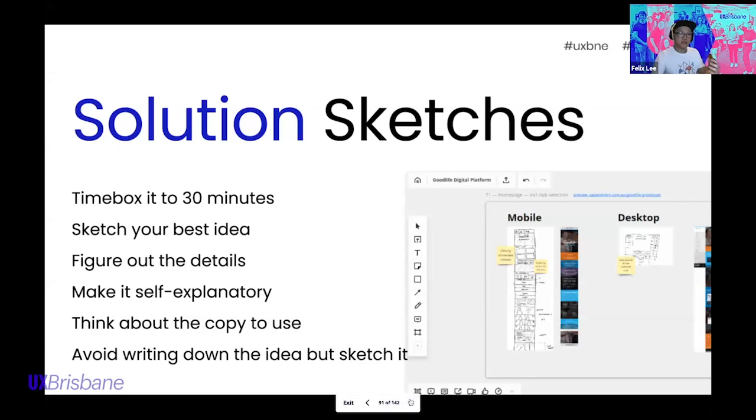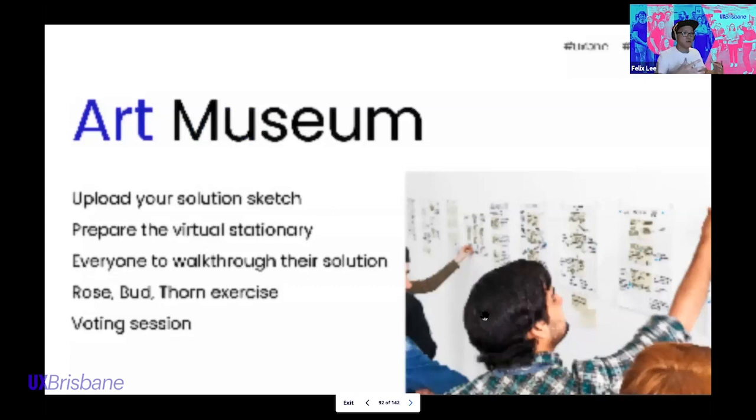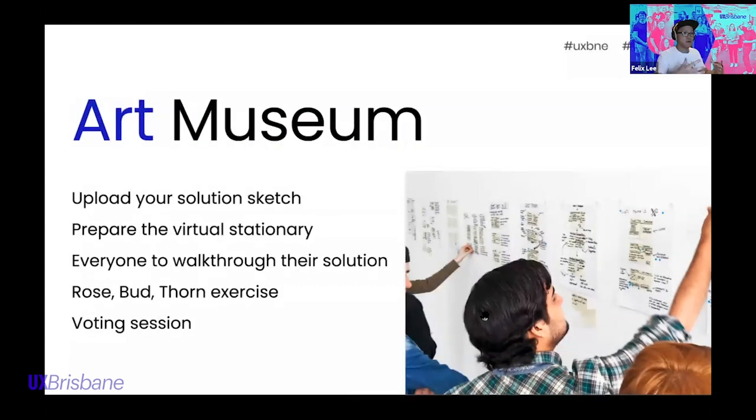And coming up with the solution sketch with the art museum, this is where, if you're in person, you would hang all your different solution sketches. For example, looking at this photo, you would see all the solution sketches sticky taped to the wall, which is why we call it an art museum. In a virtual space, you would make sure you upload your solution sketch, making sure they're already there. While everyone's uploading their stuff, it's good to take a quick break. But for the facilitator, it's also good to prepare your stationery, which we touched on previously, like the sticky dots used for the voting session.